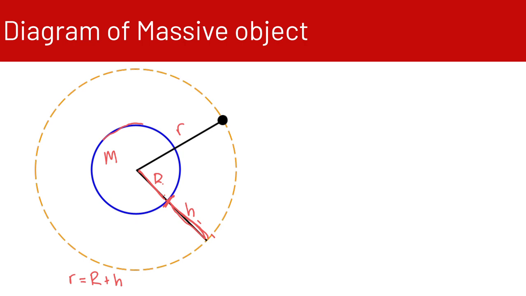We talked a minute ago about how the gravitational field gets weaker as the distance increases. So we can say that the gravitational field g is proportional to 1 over the radius squared. And we can say that the gravitational field is equal to g equals big G m, so that's the mass of the planet or the body, over r squared.